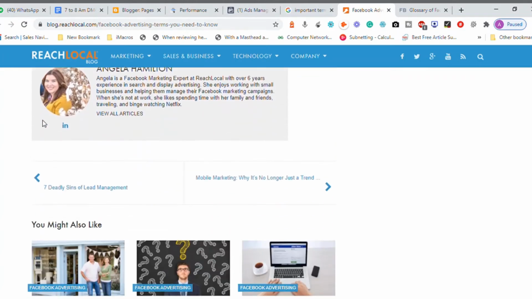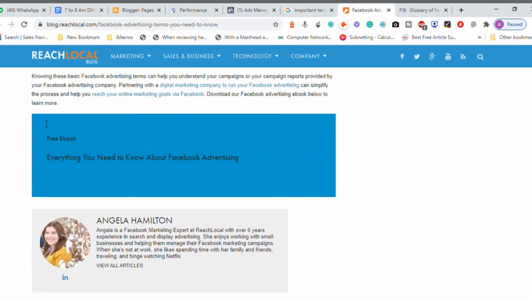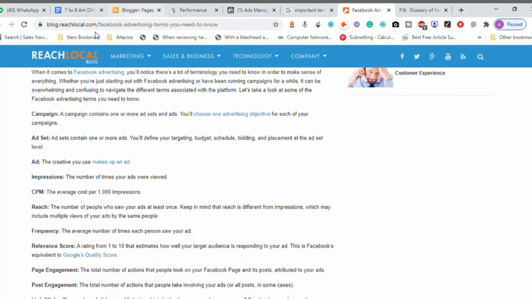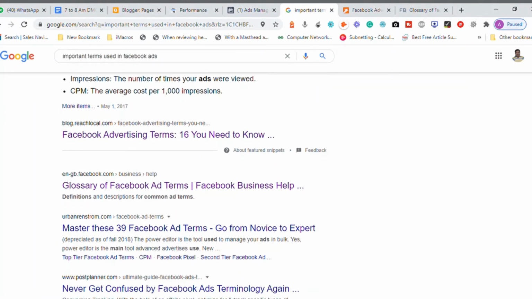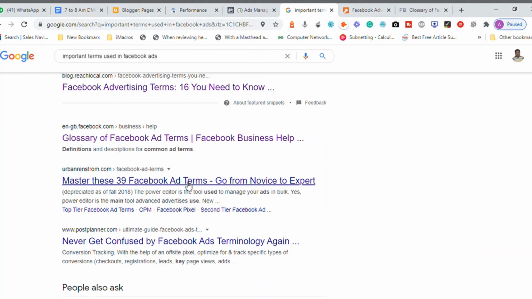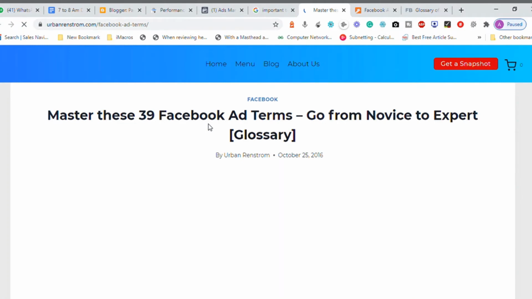Okay, apart from this, there are still other important Facebook terms with respect to glossaries. Let us see, is there any other website that can talk about it? Okay, there are 39 master terms that you need to get. Let us see what happens. We have seen almost 10 to 15. Let us have a glimpse through the terms that this gentleman is trying to tell.